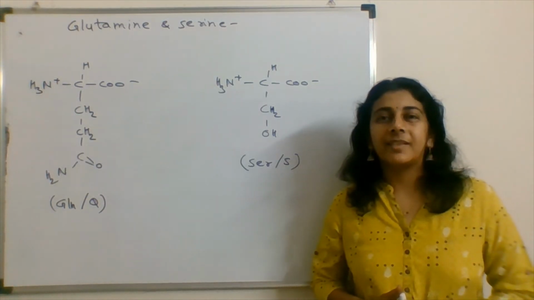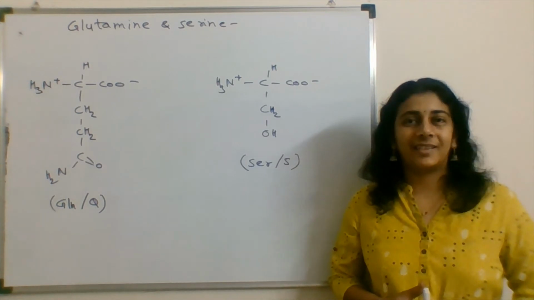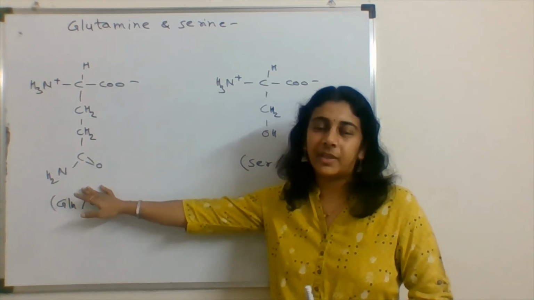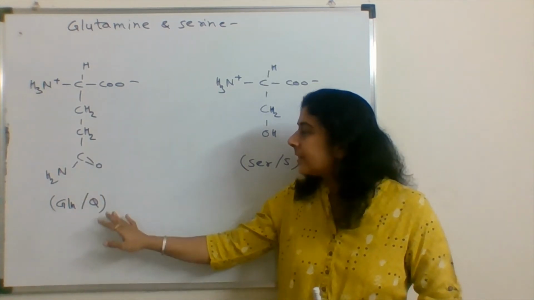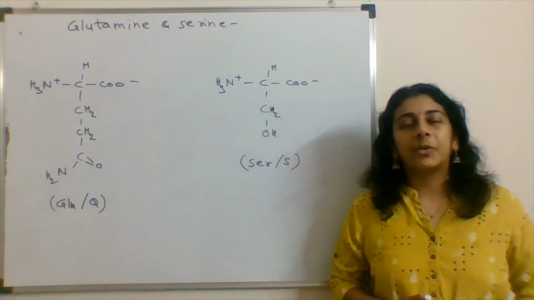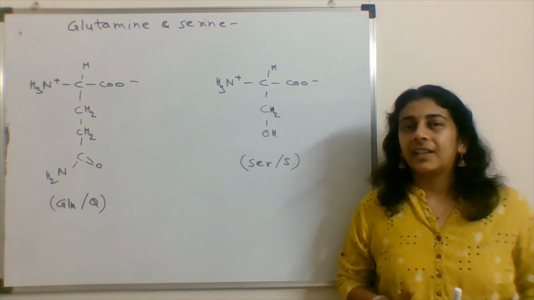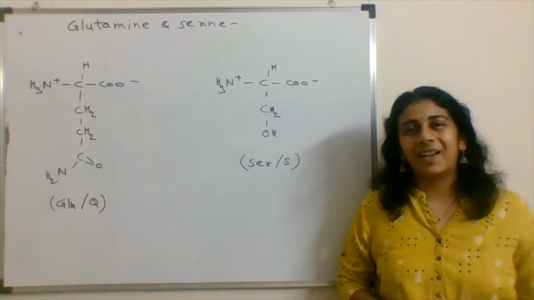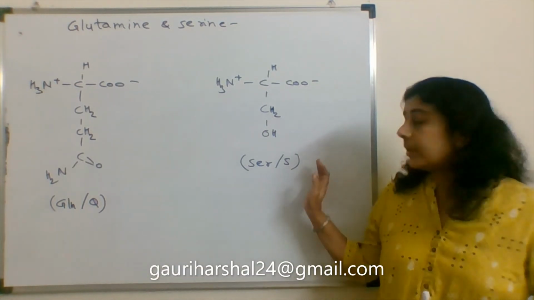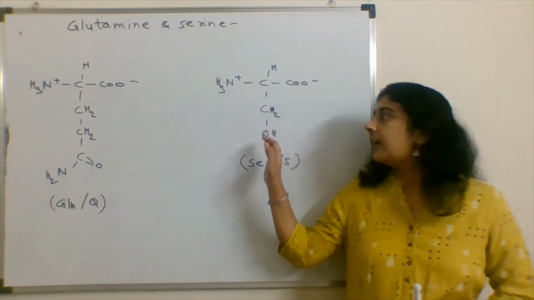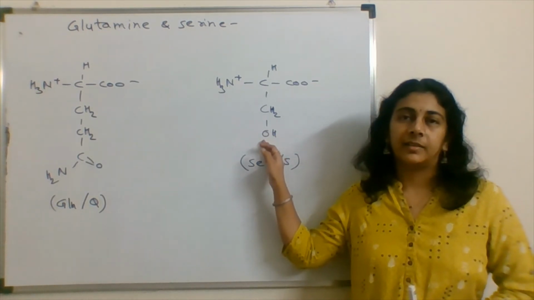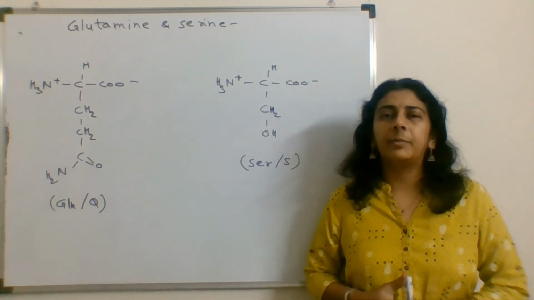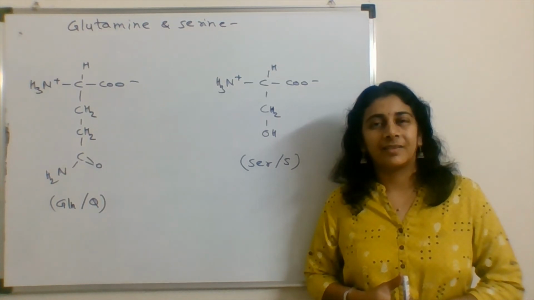Another two amino acids given in our options are glutamine and serine. The structure of glutamine is like this. In the side chain, it is also having one more NH2 group. This amino acid is used for nitrogen transport to the liver. And this is also used as a nitrogen donor for the synthesis of non-essential amino acids. Another one is serine. Serine is having a hydroxyl group in its side chain. One is threonine and another is serine, both these amino acids can be used for the O-linked glycosylation.